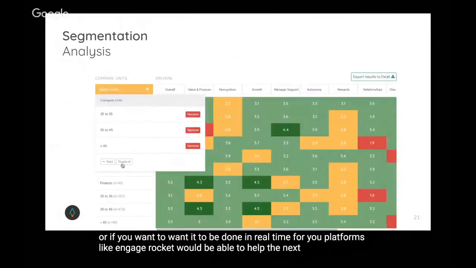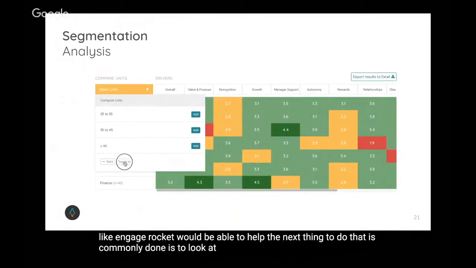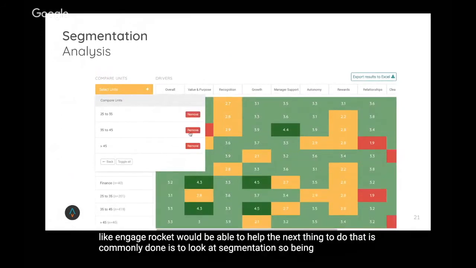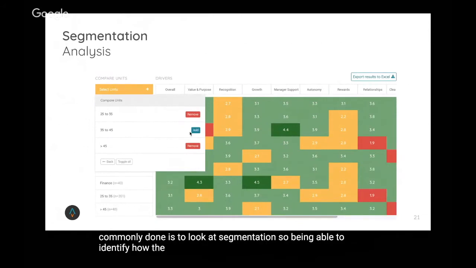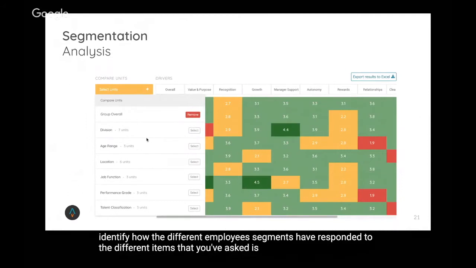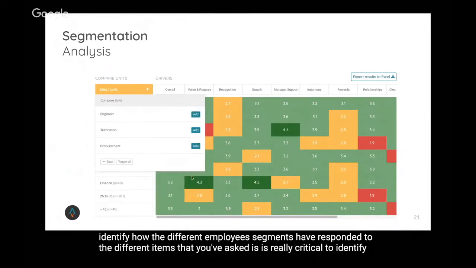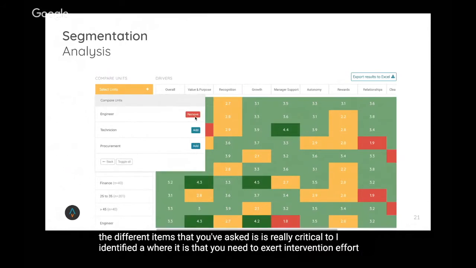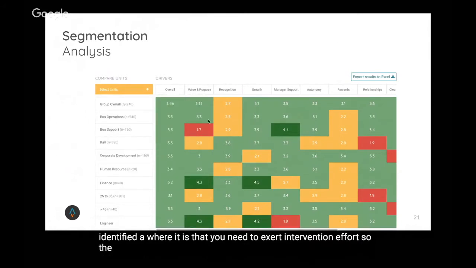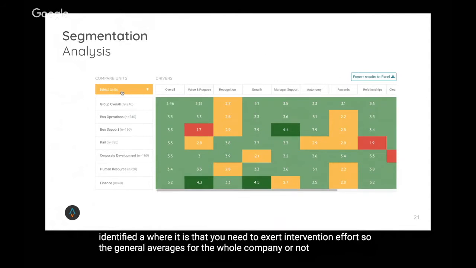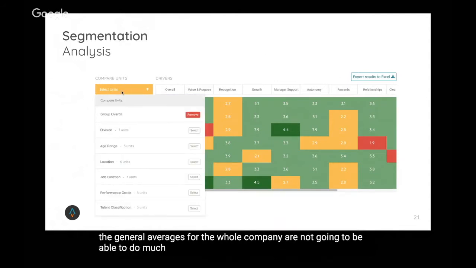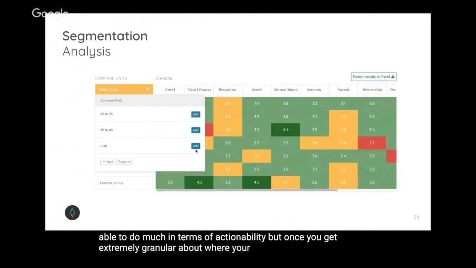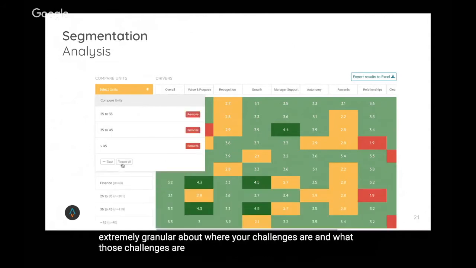The next thing to do that is commonly done is to look at segmentation. Being able to identify how different employee segments have responded to the different items that you've asked is really critical to identify where it is that you need to exert intervention effort. So the general averages for the whole company are not going to be able to do much in terms of actionability. But once you get extremely granular about where your challenges are and what those challenges are exactly, you can